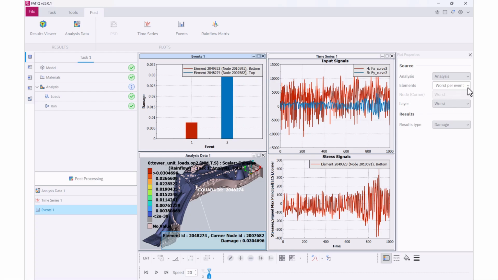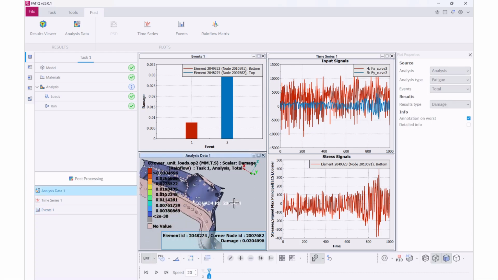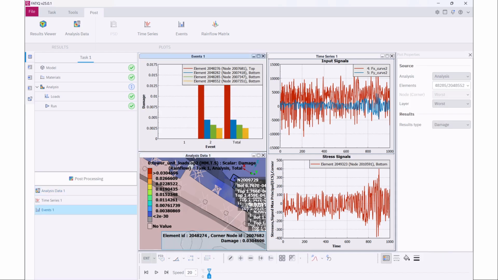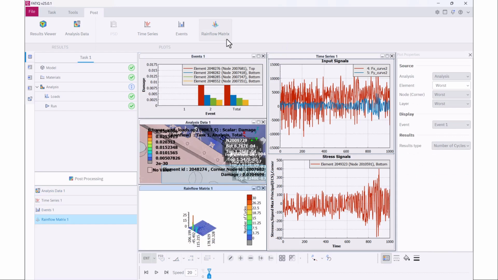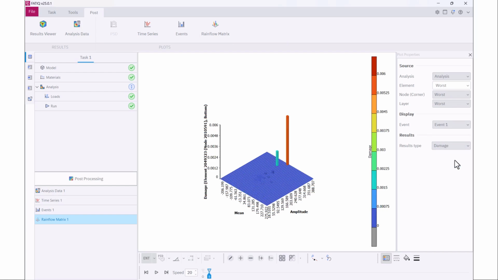All 2D plots have a direct interaction with the model. So, by modifying the parameters, the plots are updated. For example, more than one element can be chosen by the user with the option Pick. Directly the results are displayed on the selected plot. Another capability is the rainflow matrix. Each identified cycle has a mean and amplitude value. Z-axis can be the number of cycles or the cumulative damage of the cycles that belong to this bin.